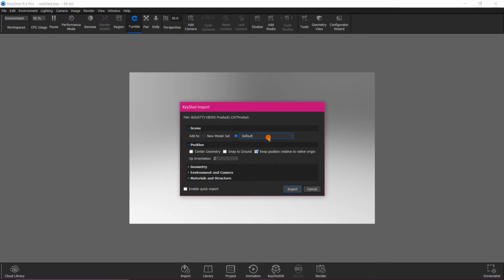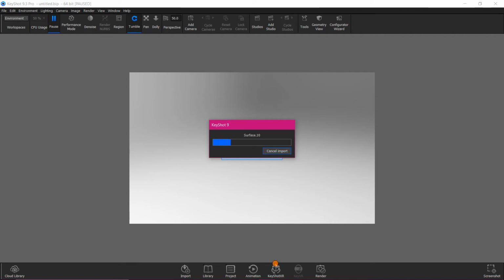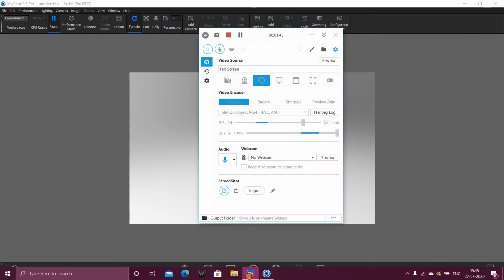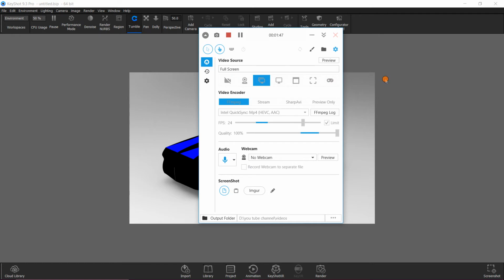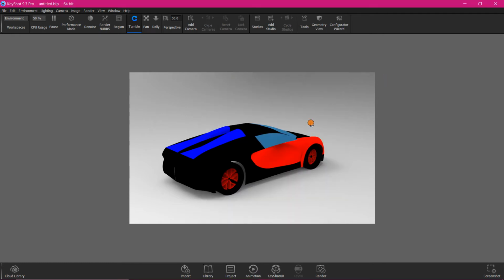Just import, click on import, set scene as default and orientation as Z axis, because up orientation, that means your vertical axis should be your Z in Catia. When you see, XY will be your down plane, horizontal plane, and XZ will be your vertical plane. Using that I have designed my car. So I just had kept Z axis as my up orientation, and I am just importing. Click on import and then just import it. See, your car will be imported.